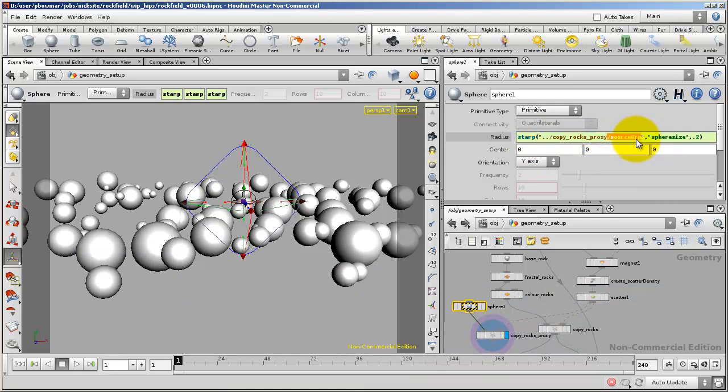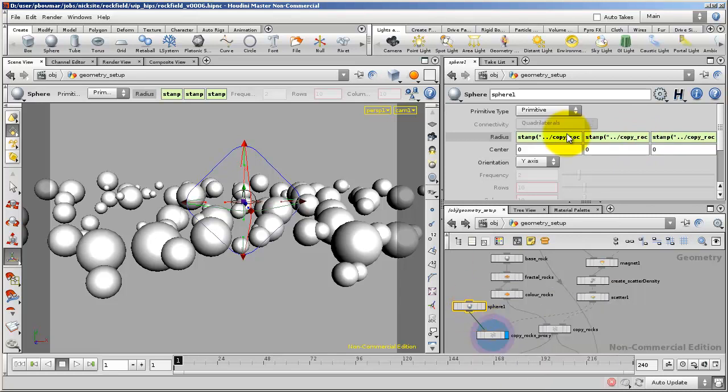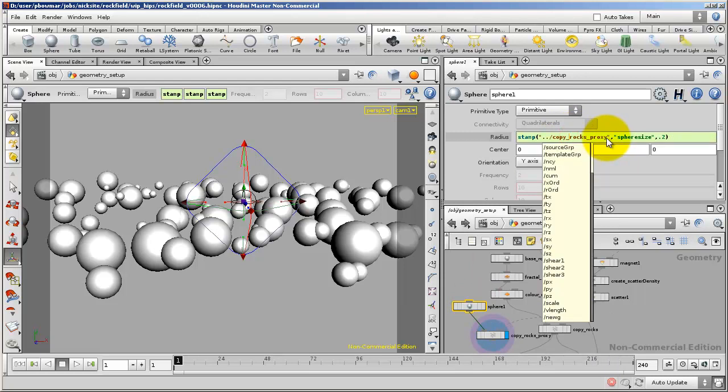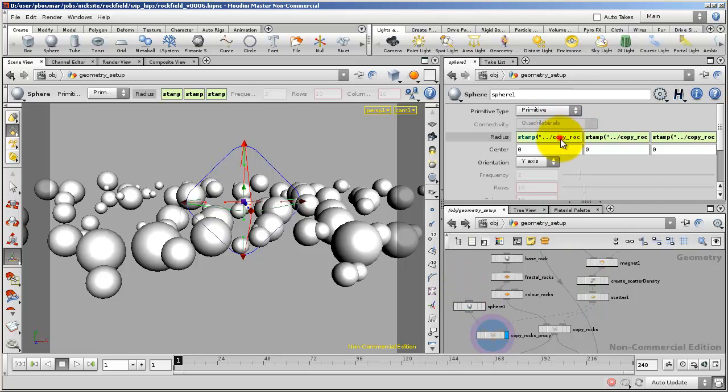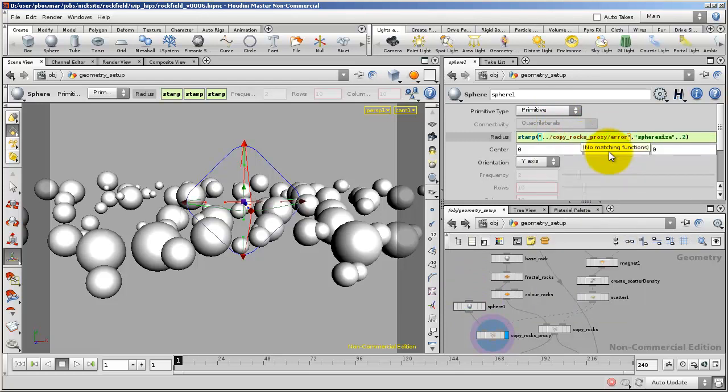And I made a typo there. That was a good example actually of Houdini warning you when you make a mistake. So I had made a typo there where I had accidentally typed in copy group, and the yellow flag came up. So if I deliberately make an error here, I'll just type error. Notice that I now get a